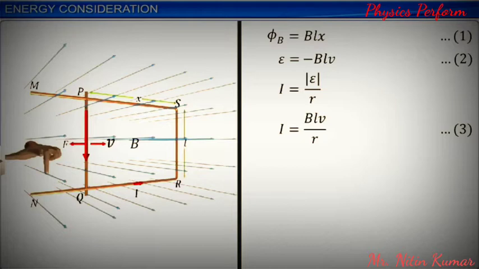If the forefinger and the middle finger indicate the directions of the magnetic field and the current respectively, the thumb indicates the direction of the force. Thus, as per the rule, the direction of the force on PQ is opposite to the direction of the motion